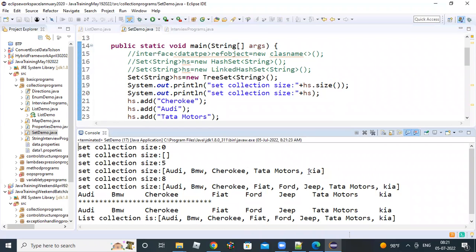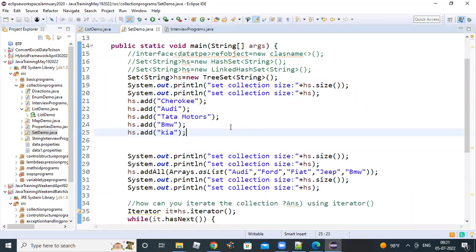See, Kia is coming last, even Tata Motors is coming after it. Why? Because of the lowercase. First the big letters will come, right? And then the lowercase letters. Suppose I give one more,